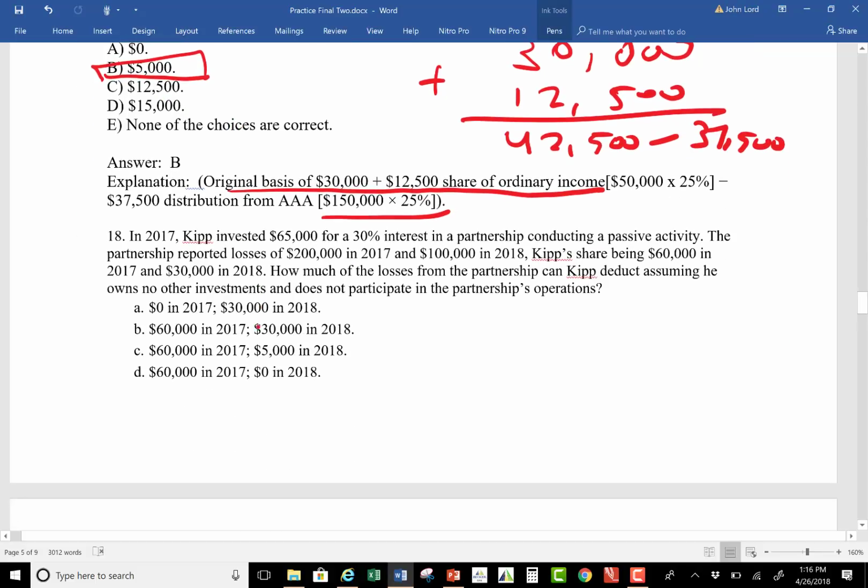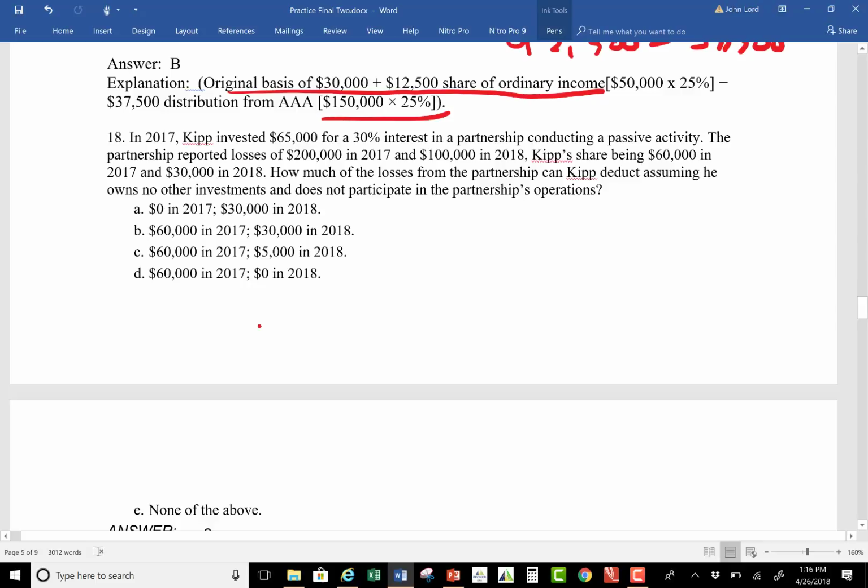Okay. Number 18. In 2017, Kip invested $65,000 for a 30% interest in a partnership conducting passive activity. So now we're in chapter what? I think this is chapter 11. Okay, so now we're getting into passive activity items. The partnership reported losses of $200,000 in 2017, $100,000 in 2018. Kip's share being $60,000 in 2017 and $30,000 in 2018. How much of these losses from the partnership can Kip deduct, assuming there are no other investments and he does not participate in the partnership operations? So what's happening here,